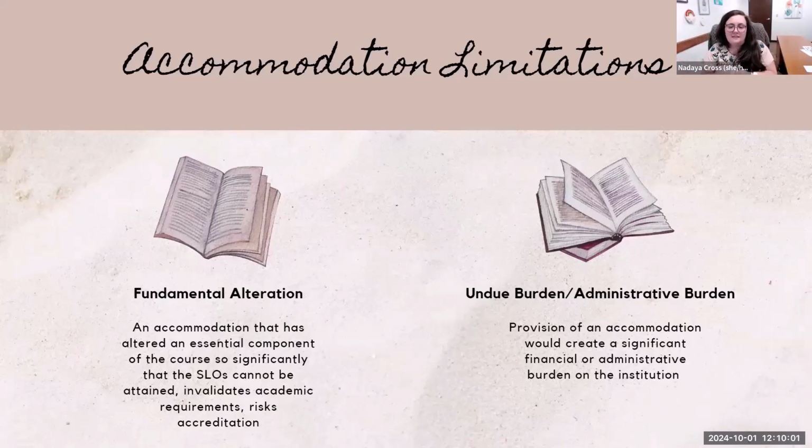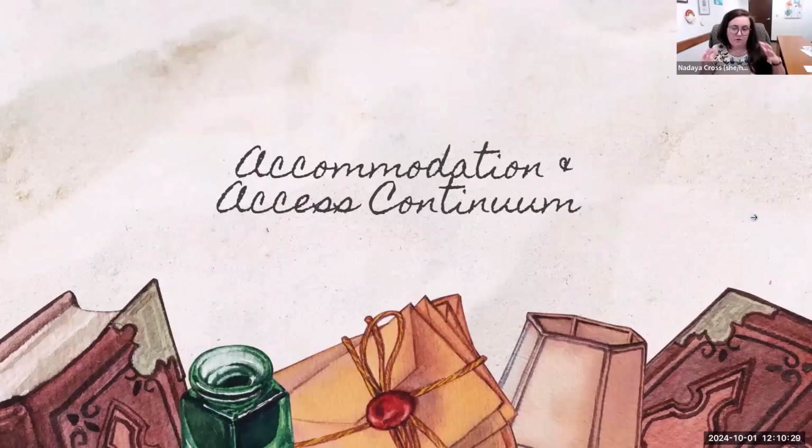Don't panic. These can be very significant. These are things that we think about when students are asking for accommodations. Are any one of these accommodations that students are asking for going to cause a fundamental alteration? Are they going to cause an administrative burden? How can we avoid that or look for another solution for the student so we can avoid that as a limitation? So, changing gears just real quick away from accommodations, I like to think of accommodations and access as a